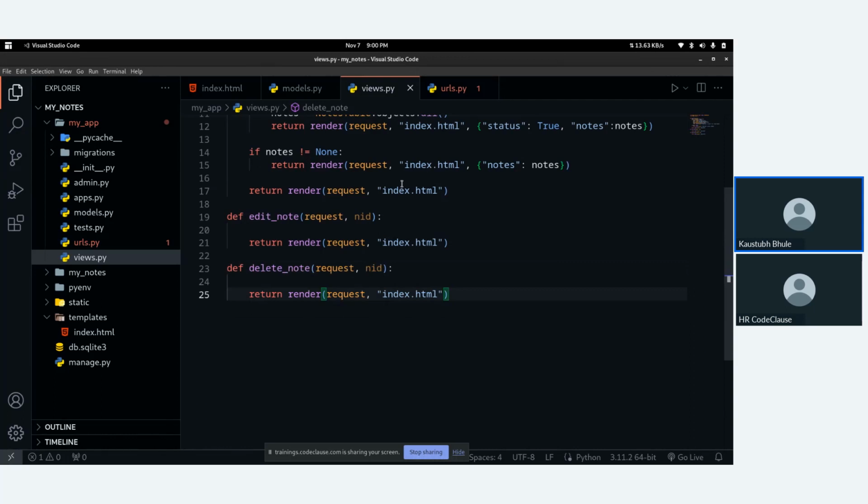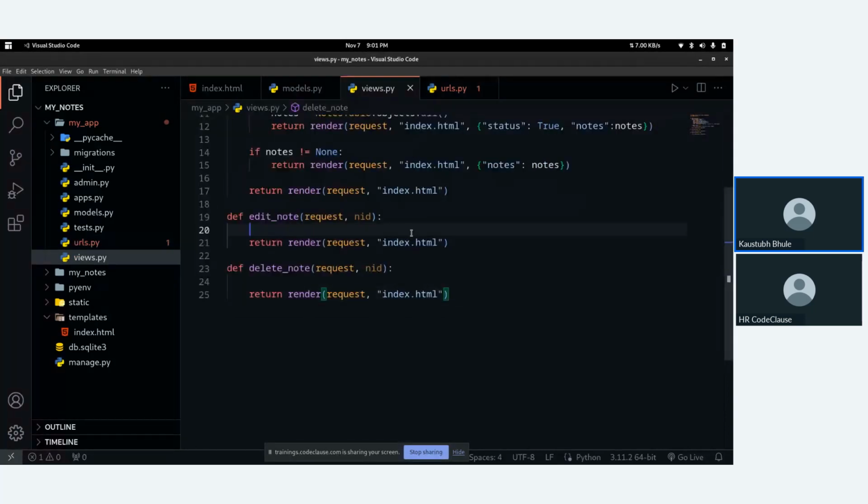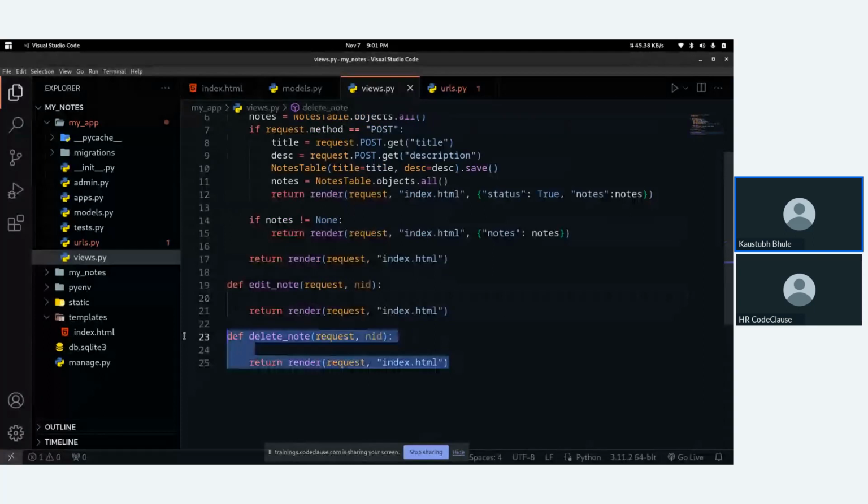Fine. Now, whatever data I will pass by this URL, there is an error, I guess. Let me check. Delete node. Okay. Let's comment.